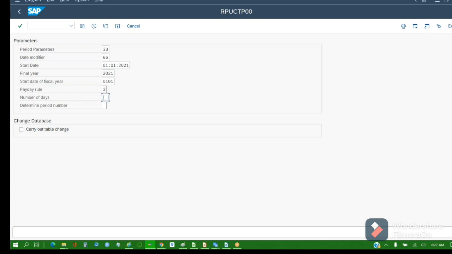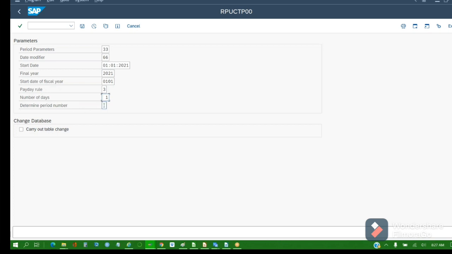It depends on the month. It may be 30 days or it may be 31 days. Whatever it is, if it is 30 days, how many days do you need to add to pay the salaries on the first? 1 day. If it is 31st, 1 day. If it is 28, 1 day. If it is 29, 1 day. So you want to pay the salaries on the first of every month. So by adding one to the end date, your salary date will come. Is it not? Now let's go to the next one.